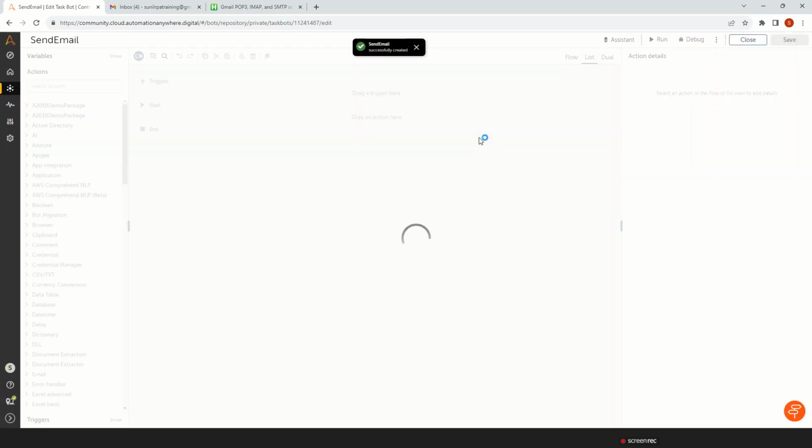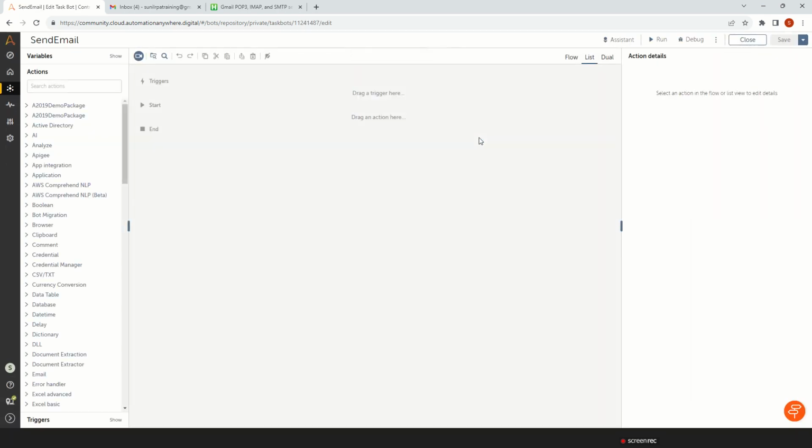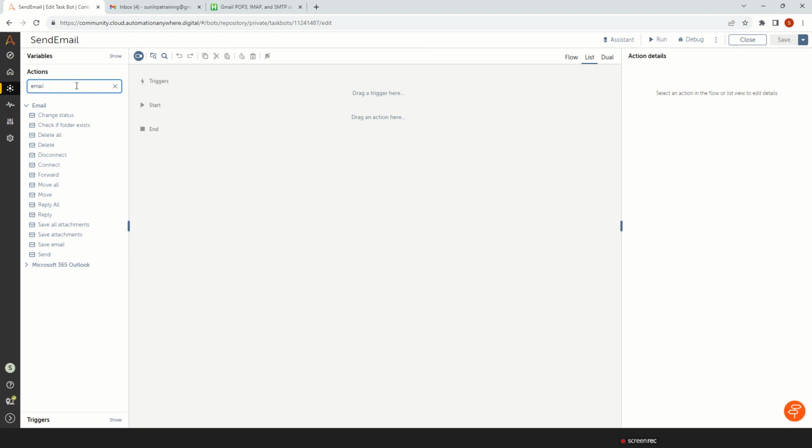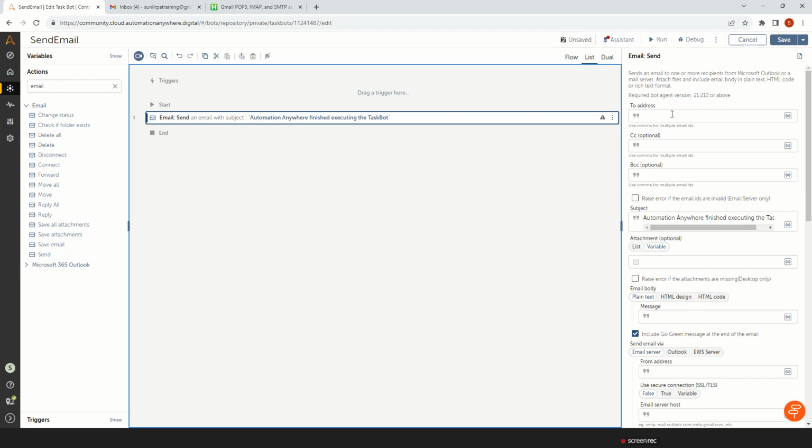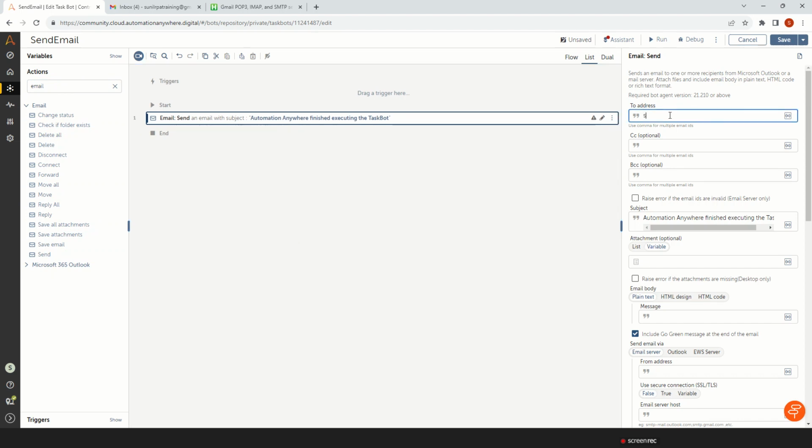Once you click on it, you will get the workspace in Automation Anywhere to create your task. Here you just type in the action, type email. You can see all the packages available in the email command. Today we are going to see the send email command. Just double click on it, and we need to provide the to email address. I'll just give my email address,